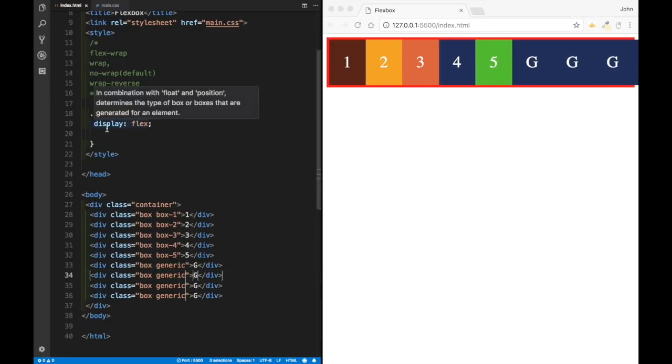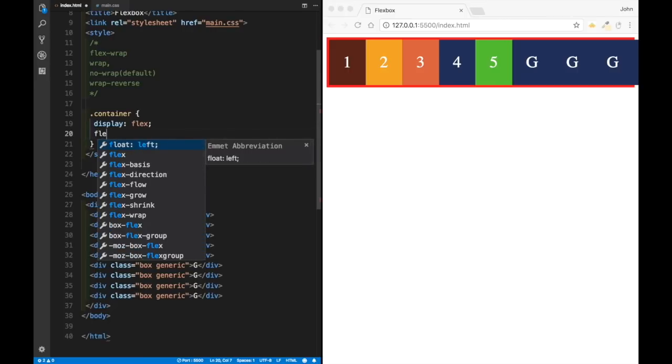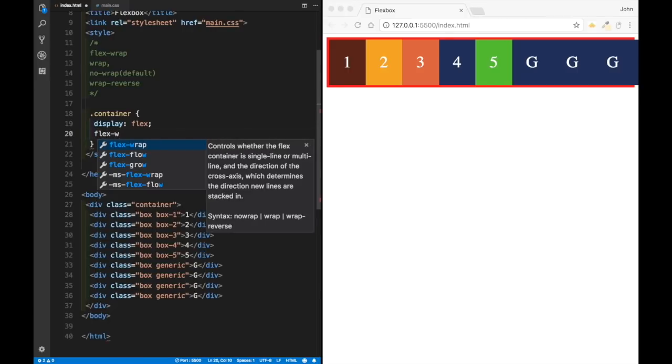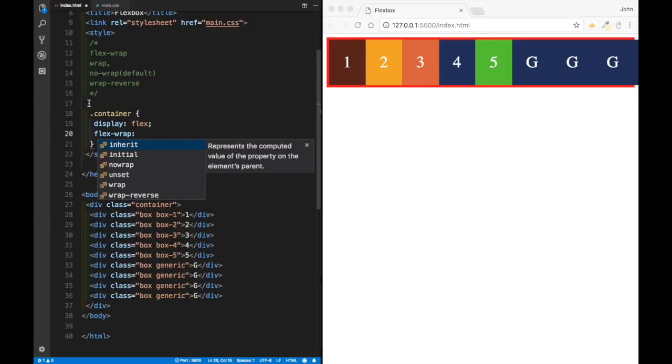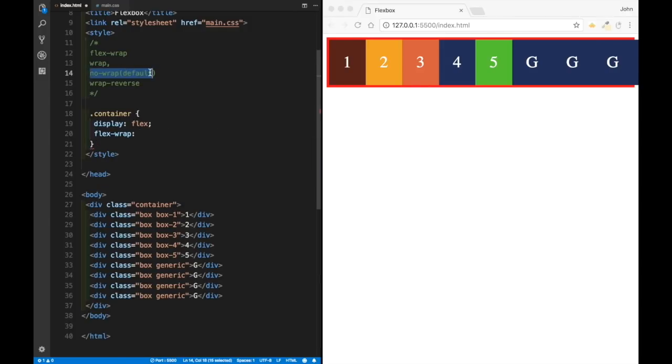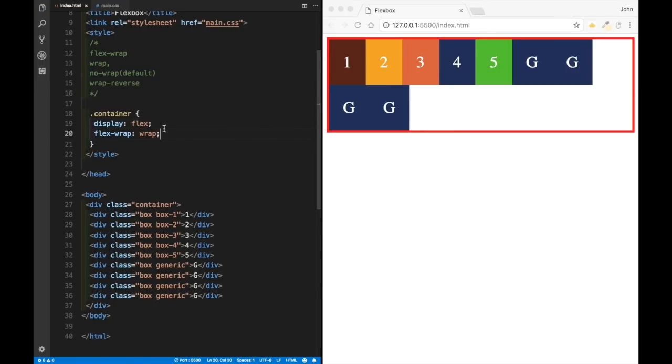So here we need to go back to the container, and you guessed it correctly, we have a flex and the property name is flex wrap. Now again, by default we have no wrap. So this is why over here we need to start scrolling, because we have this default no wrap property. However, if we change it over here and say that this is going to be wrap and we save it, you can see that Flexbox creates another row the moment it runs out